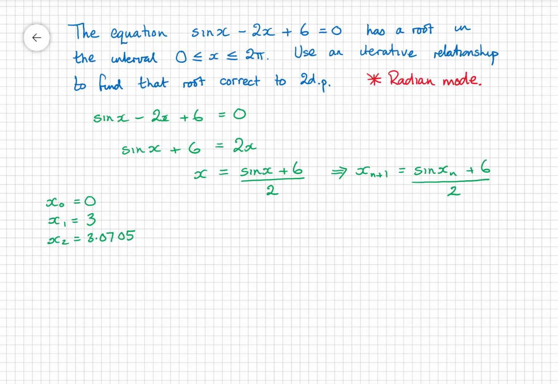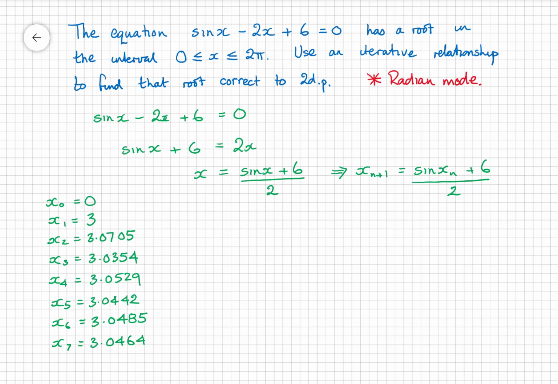So x2, 3.0705, x3, 3.0354. Now that is immediately of interest to me, because I've gone up and then up again a little, and then I've come down. x4, 3.0529, and I've gone up again. x5, 3.0442, I've come down again. x6, 3.0485,